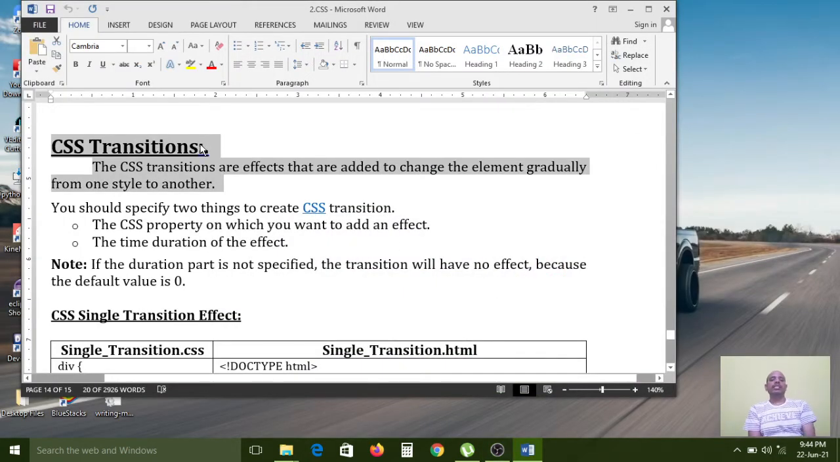So, CSS transitions. The CSS transitions are effects that are added to change an element gradually from one style to another. For example, now I have developed one web page. In that, my heading is displaying with the red color. If my mouse is over that heading text, then automatically the red color will turn to blue